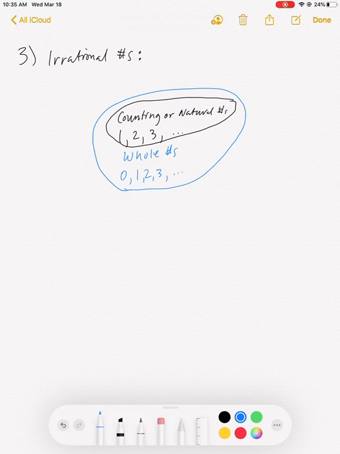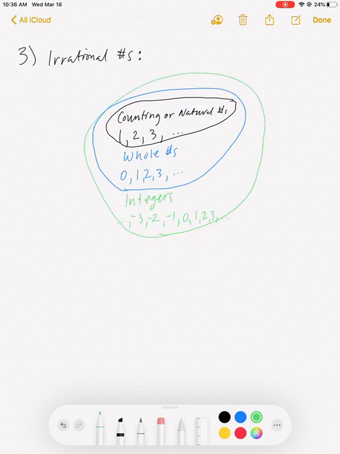The next set of numbers is where we start getting into negatives. Even though fractions were developed earlier historically, negative numbers are the next most basic. With positives and negatives and 0, we call those the integers. They go on forever from the negative end: -3, -2, -1, 0, 1, 2, 3, and so on. Those are the integers. I'll put a big circle around everything, because the integers include the whole numbers and the counting numbers. The next one is going to be